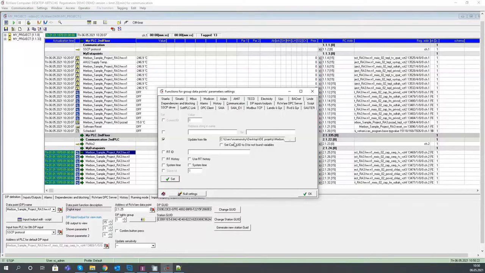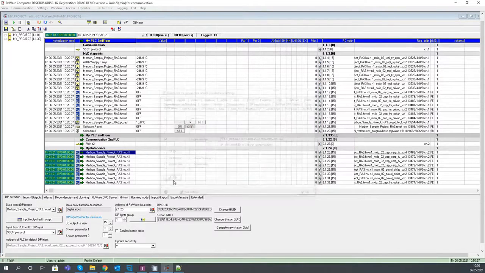They are just, let's say, servicing tools. But this one may be useful. So I have the most up-to-date Vlist here from the last compilation of Merbon IDE. And I will update the data points from file. I can also specify that if a variable has been deleted in the meantime and cannot be found according to its text in the Vlist anymore, its com UID can be set to 0 just for me to see that there is a problem there. Okay, so let's do it. It's no big issue. And now if I click on set,